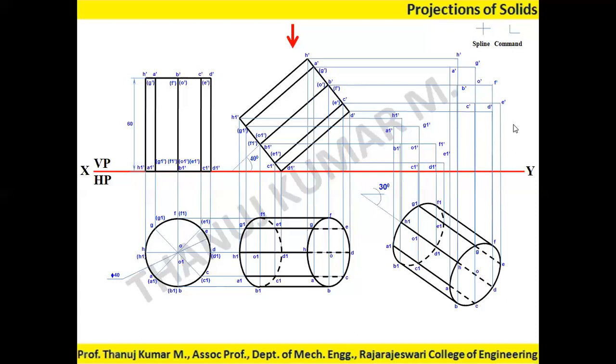After that, we need to apply the visibility rule. As I told, the first visibility rule is joining the outermost corners by visible lines. Let me start. So as usual, H1 dash, A1 dash, B1 dash, one curve, B1 dash, C1 dash, D1 dash, one more curve. I've drawn it. Then I'm drawing a line from D1 dash to D dash, D dash to E dash, F dash, G dash, H dash. Then I'm crossing over the line. This is how I'll complete the outermost points.